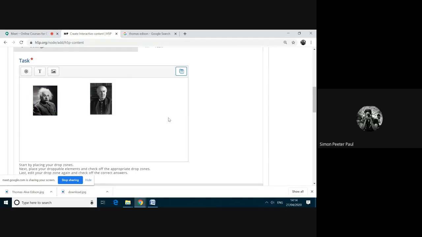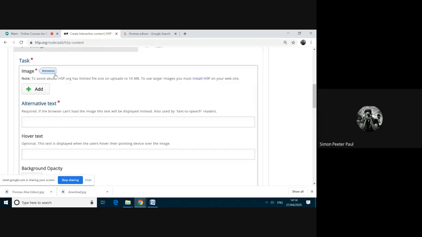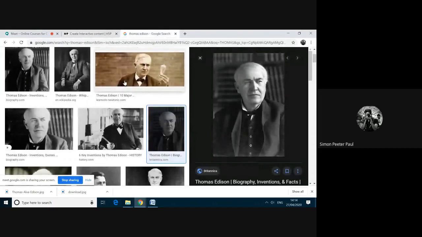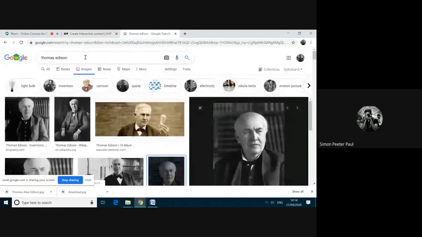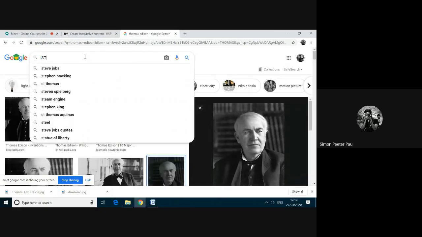And then again, I'm planning to add one more image. As usual, I click this image button and then Stephen Hawking.